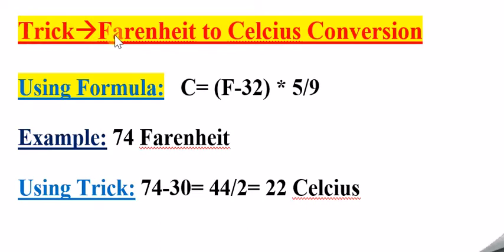So first, a basic question: why do we always need to convert Fahrenheit to degrees Celsius? See, the SI unit of temperature is Kelvin. Even though the SI unit of temperature is Kelvin, why are we always converting Fahrenheit to Celsius? The question arises, right? Because Celsius is a kind of standard which we are using everywhere.